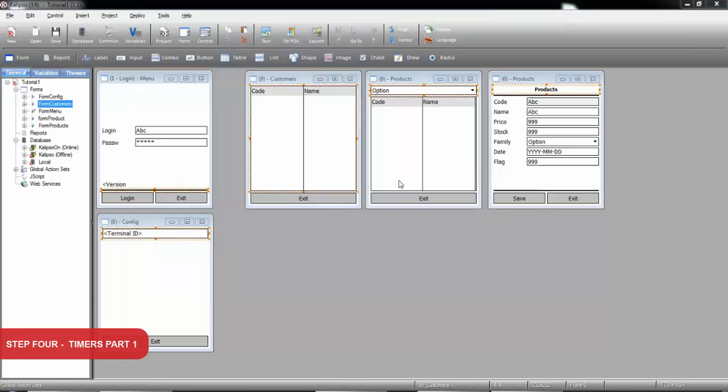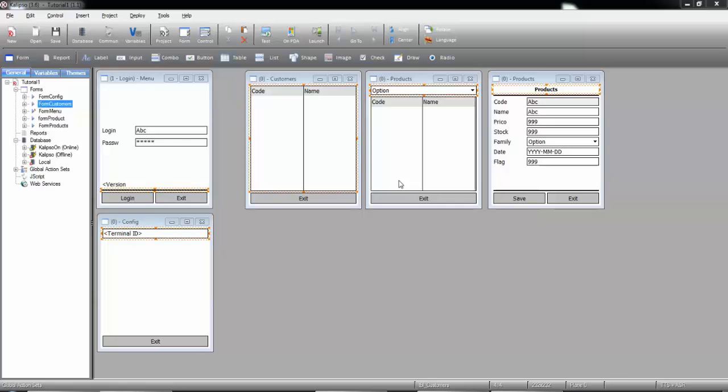Another usage of an action set is to be able to run a timer. A timer is a countdown who runs an action set when it reaches 0, restarting the countdown again after the execution of it. Therefore, you can define a timer to run a certain action set every 10 seconds, for instance. Although a timer is always defined at the form level, timers can run either local or global action sets. You can have up 10 simultaneous timers per form, and the timer is run even if the form isn't the